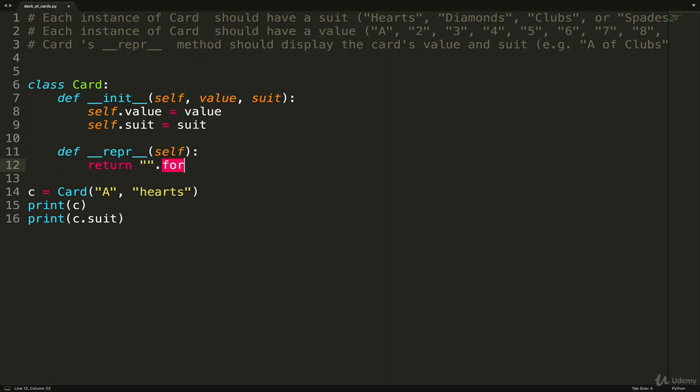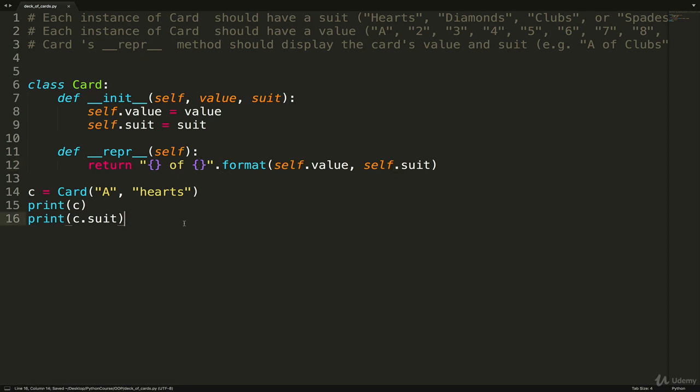If you don't recall how to use .format, you can find it in one of the very early videos, but it basically looks like, if we're going to do ace of hearts, we put these 2 blanks in here, and then we do a .format, and then we specify self.value first, and then self.suit. So this will go there, this will go there.